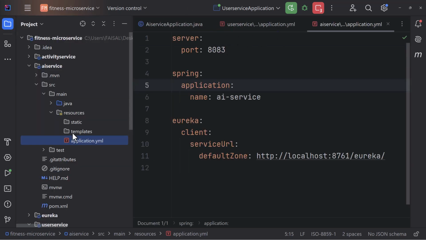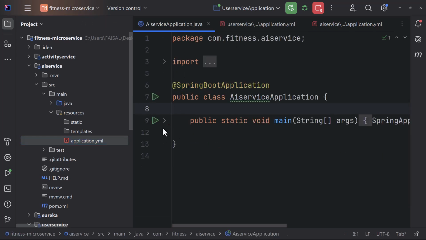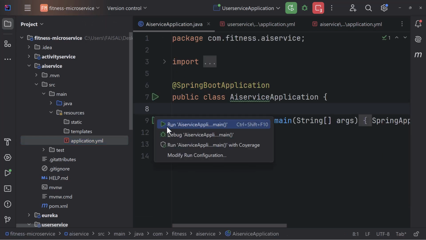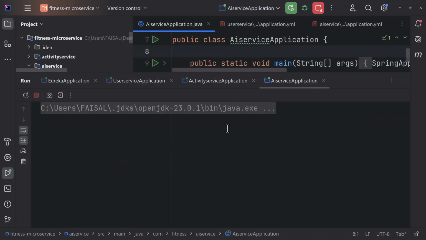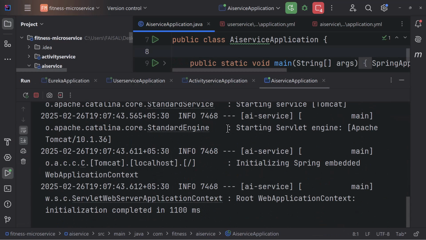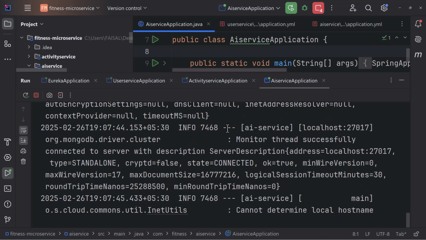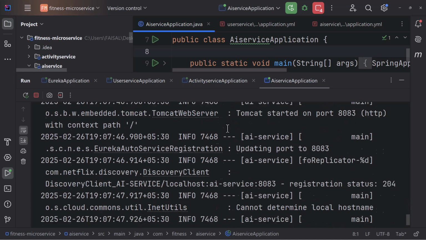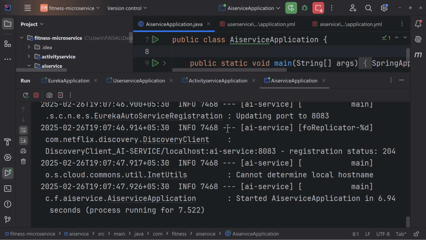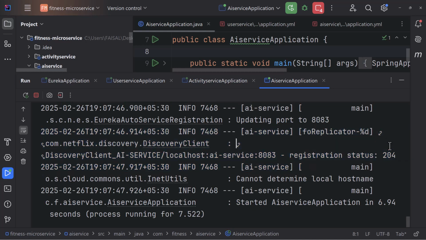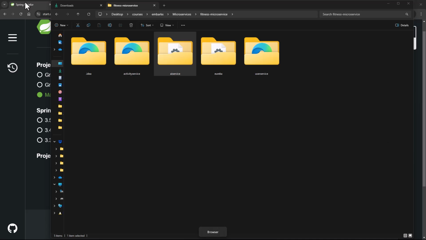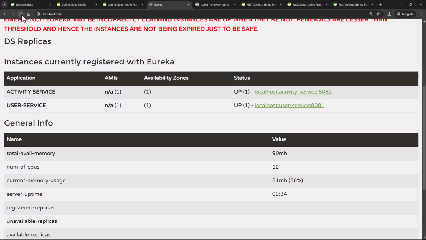And I would go to the AI service application.java and run this, and let us see if this is running absolutely fine. It should, without any hassles. Yes, it works fine. And you can see over here, it has also registered itself with the Eureka server. You get this registration status as 204. Now if you come over here and refresh Eureka, you will see